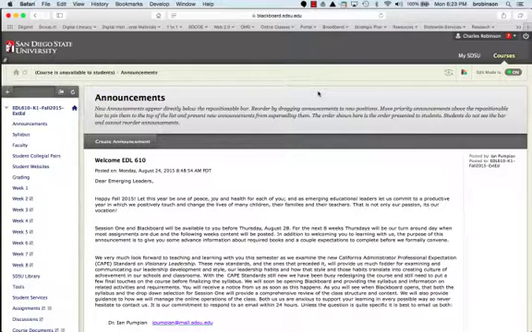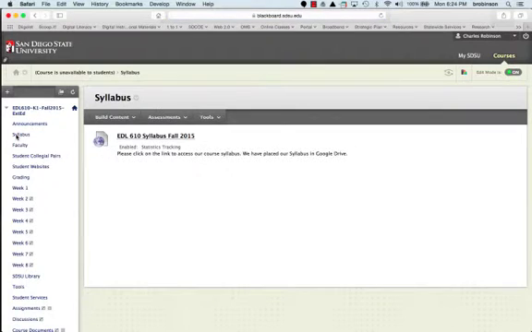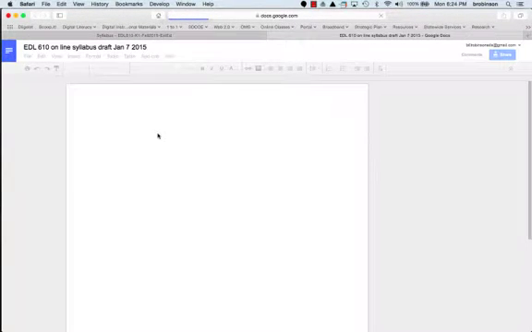When you log into Blackboard and select our class, the first thing you'll come to is announcements. As you can see here, this is the announcement that Dr. Pumpian sent out earlier today. Next on the left navigation bar, you'll see syllabus. Our syllabus is a Google Doc, so if you click on this link, it'll take you to our syllabus,